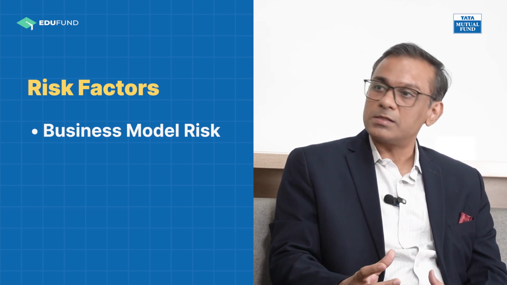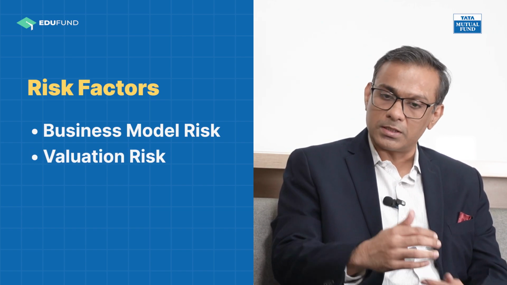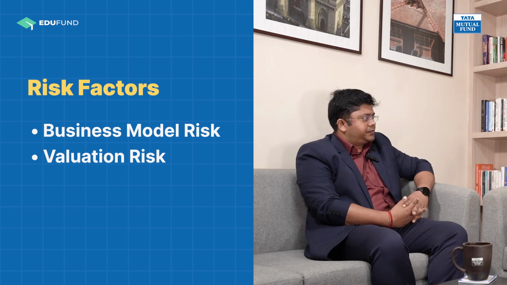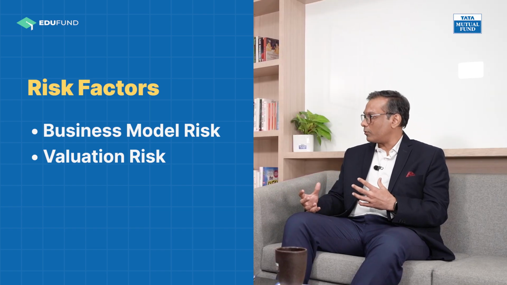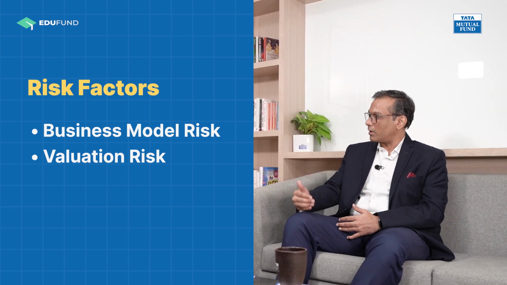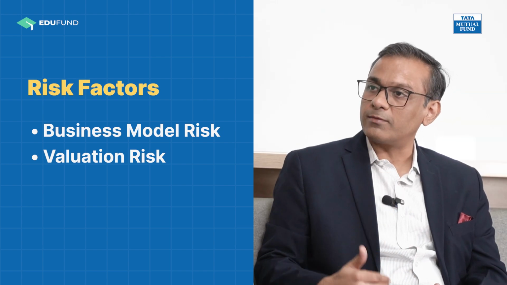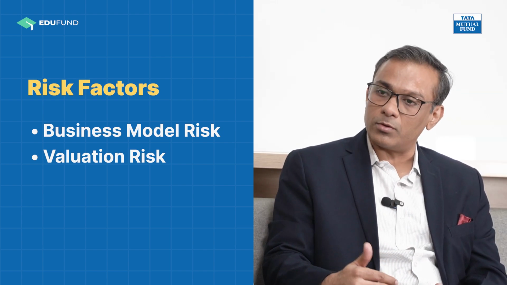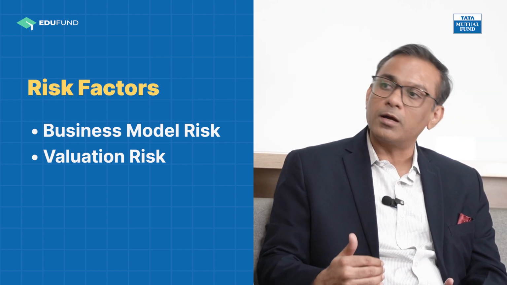The second risk is valuation risk, right? Here, this is where I think we have some churn in the portfolio. Otherwise, this is more a buy and hold portfolio. But wherever we think that the valuations have run ahead of fundamentals, we bring down the weights of those names in the portfolio. Wherever we think that the valuation offers a reasonable upside, we'll bring up the weights of those segments in the portfolio.